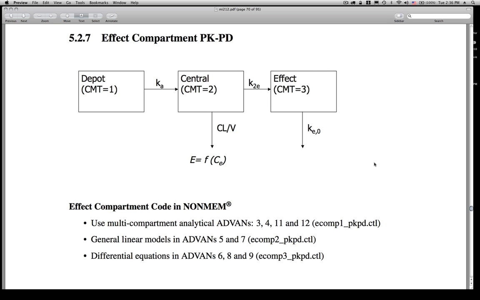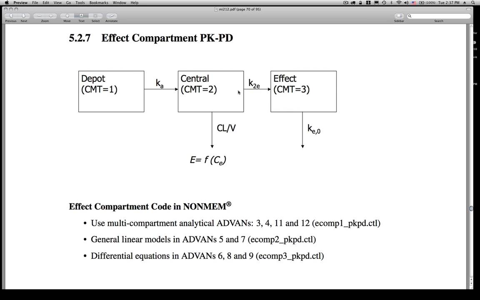Now we'll switch gears to indirect models, and one of the ways that we model indirect relationships is using an effect compartment model. And this model here that we're looking at really looks like a two-compartment system model, but we have a one-compartment PK component, a depot, compartment 1, central compartment, an absorption rate constant, and then elimination from the central compartment. And then this peripheral compartment is not necessarily the peripheral compartment of a two-compartment PK system, but it's actually an effect compartment which allows us to